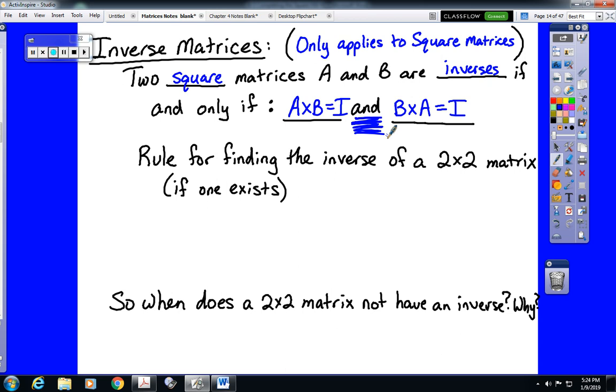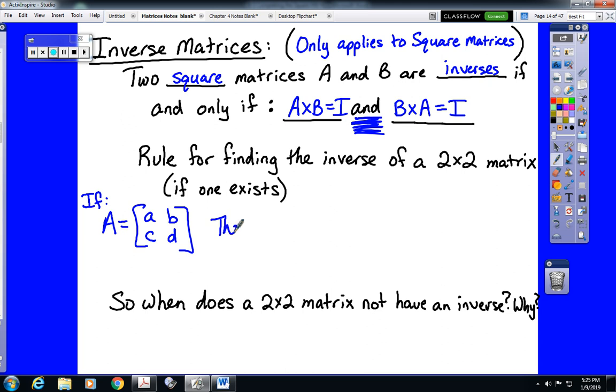Now, you're not going to have to find the inverse matrix by hand anymore, unless it's a small matrix, like a 2x2. So there is a rule for that. The rule for finding the inverse of a 2 by 2 matrix just requires us to come up with an abstract 2 by 2 matrix. So let's say we're starting off with A. So if A is equal to the matrix A, B, C, D,